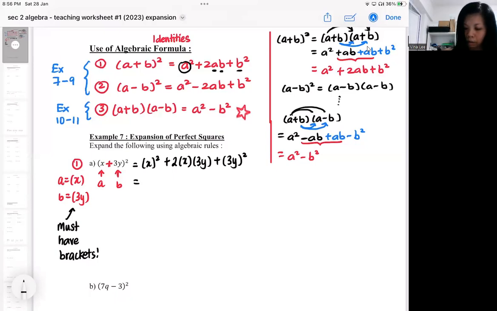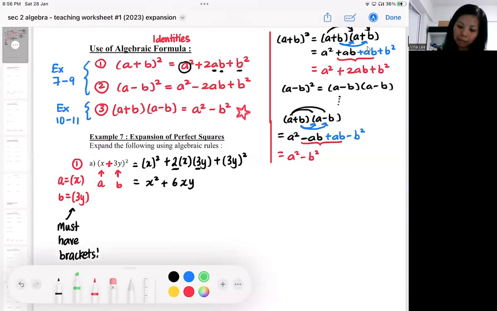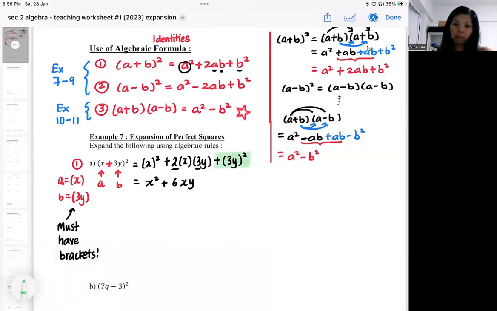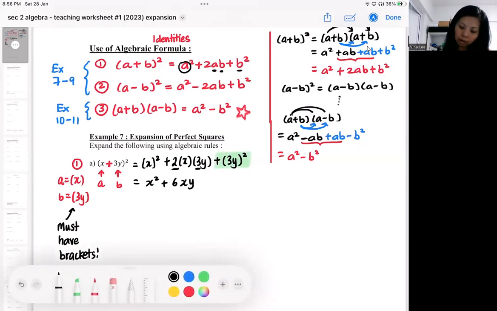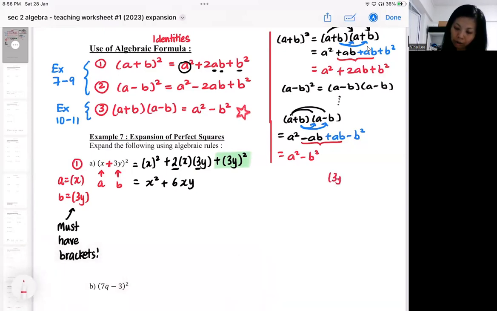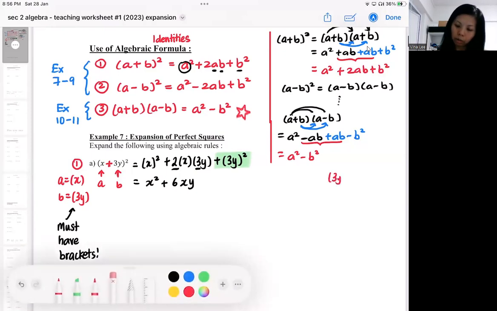So x squared. How do you handle this? You handle the number: 2 times 3 is 6. Then x times y. This is the part where a lot of people make mistakes. I will show you the correct one first. The correct one should be 3y. So when you have bracket 3y squared,